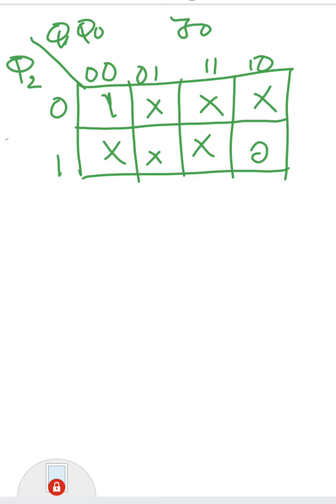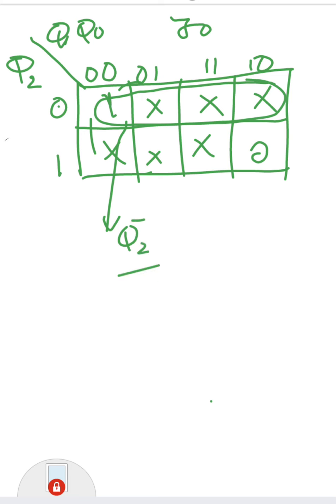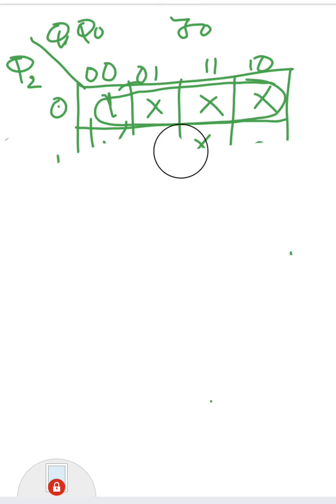Now you can simplify. Either you can take this as a quad or you can take this as a quad. So the answer for this group is Q2 bar. Similarly, you find out what is K0, what is J1, K1, J2 and K2. So the final answer, J0 equal to, check these answers are correct or not,